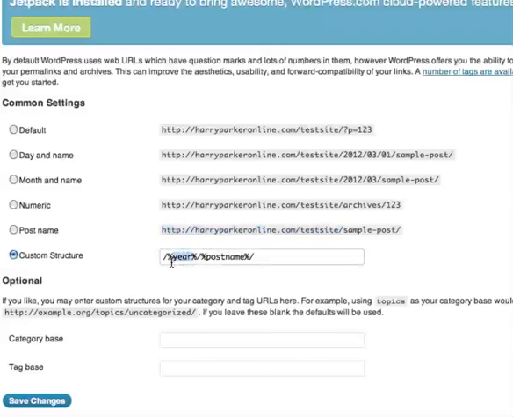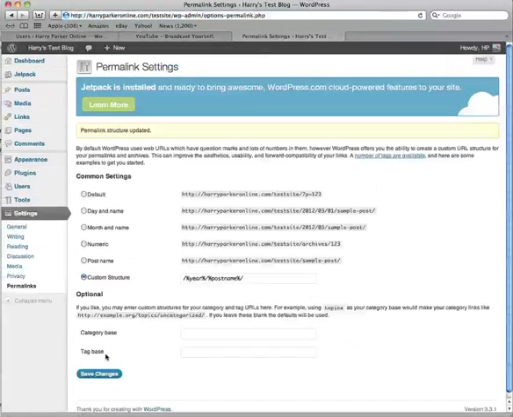Now here you can use category, you can use ID, you can use a lot of different things. I tend to just start with year and post name, and there is a link on your handout to show you the instructions for this and all the different types that you can use in this custom structure. And once that's done, save changes, and that ends